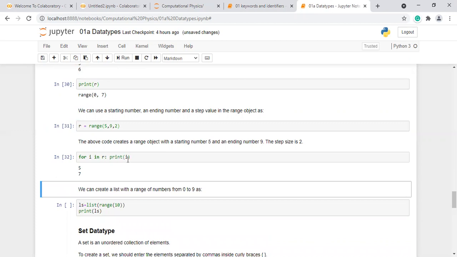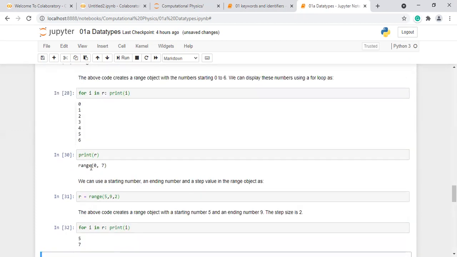For I in R, print I. It prints 5, 7. The maximum number 9 is the upper limit, so it is not included, and 5 is the lower limit. Range 0, 7 starts from 0 and goes up to 7 minus 1.